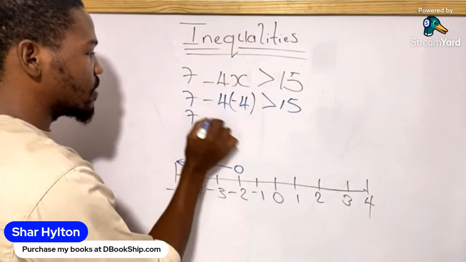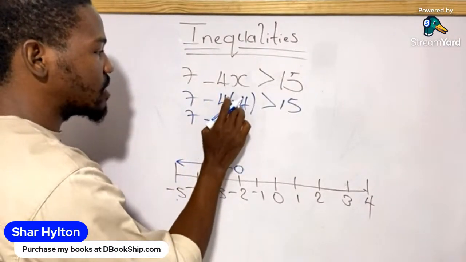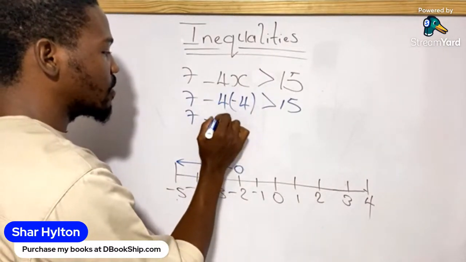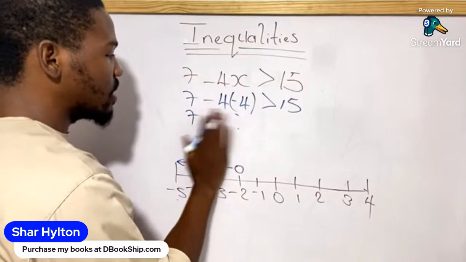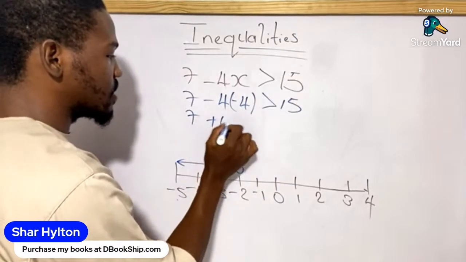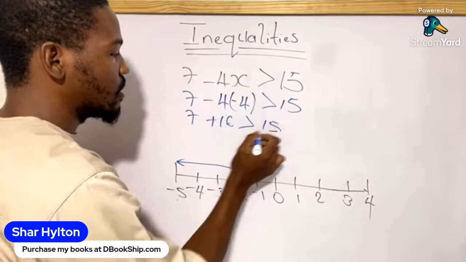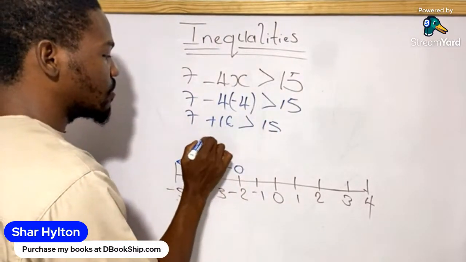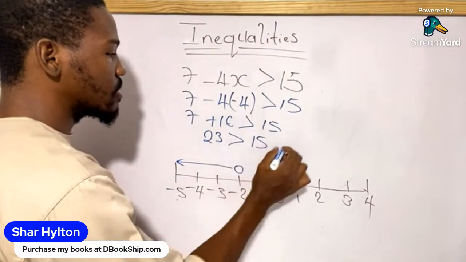So we know that 7 minus 4 times negative 4, which is negative 16. The bottom line is that that's going to give me a positive 16. And we are saying that that is greater than 15. So 7 plus 16 is going to give me 23. And 23 is greater than 15. So we see that now